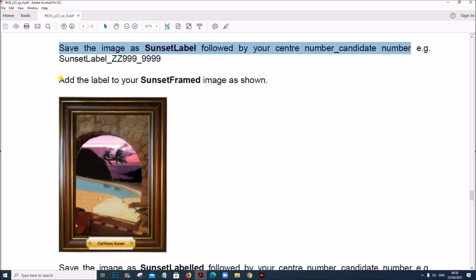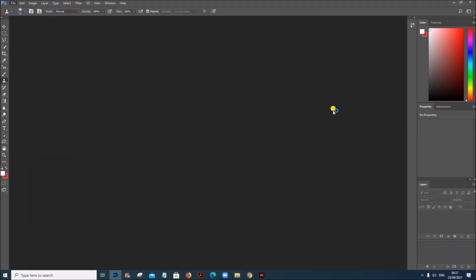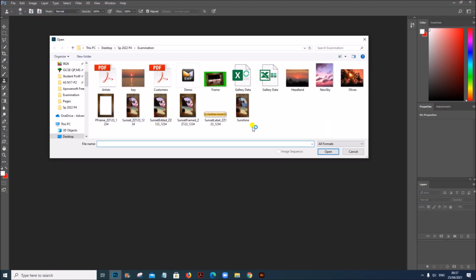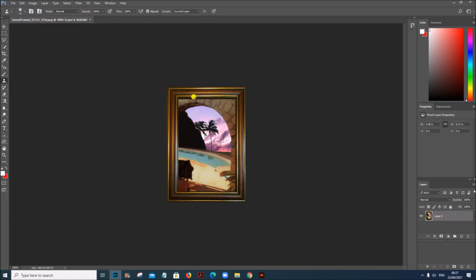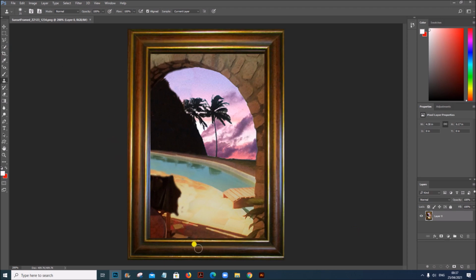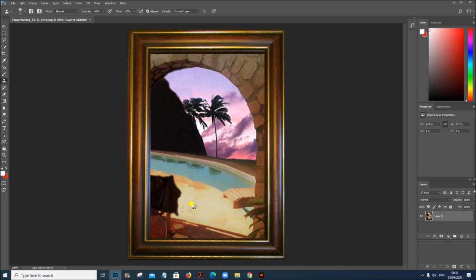Next we have to add the label to your sunset framed image as shown. So let us open this image in Photoshop again. Sunset framed. Now we have to bring this label here on top of this.